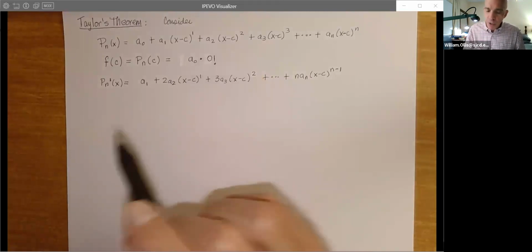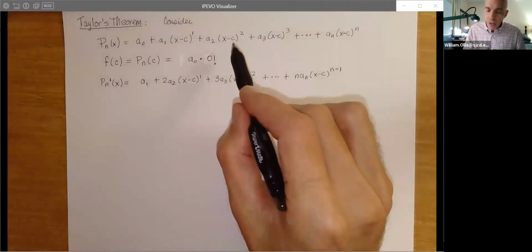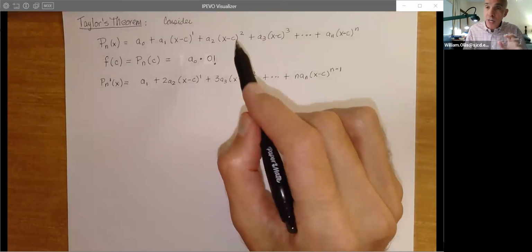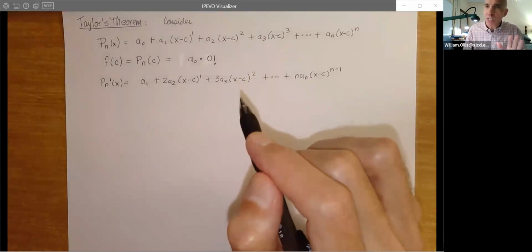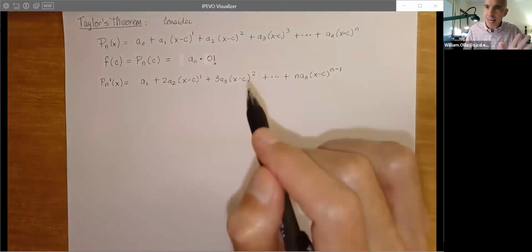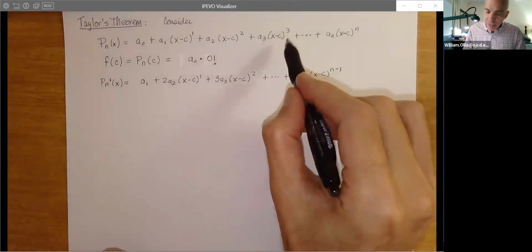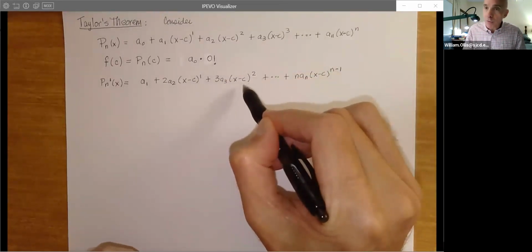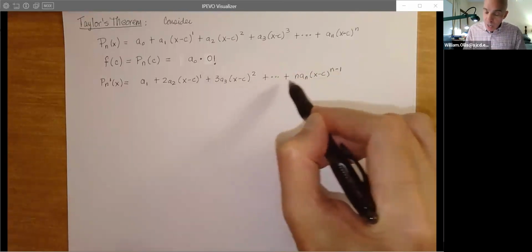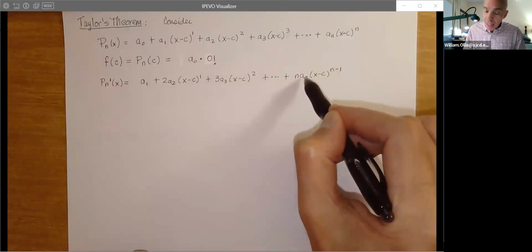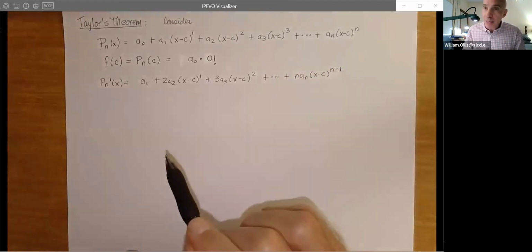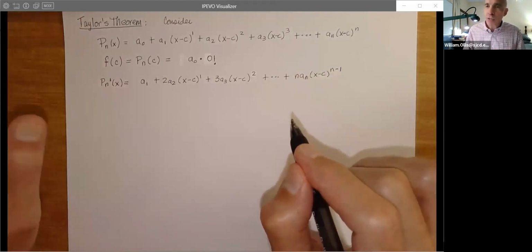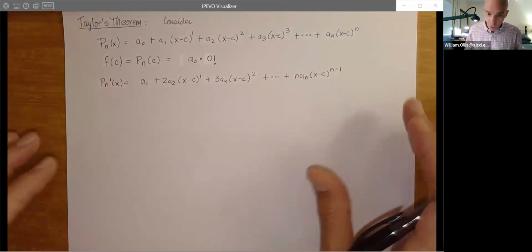Now the beauty of all of this is that when you think about the chain rule and all, the derivative of x minus c is just 1. So we don't have a whole lot of issue here when we differentiate. We really have an easy time of it. So basically what happens is that we just have the power rule, 3 comes down, then we have a 2, and then of course the derivative of the inner function is 1, and then we just toggle down to the very last one, and we have n times a sub n times x minus c to the n minus 1. So these derivatives are like doing the integration by parts. We have an easy derivative, and then we need to have an easy integral for it to work.